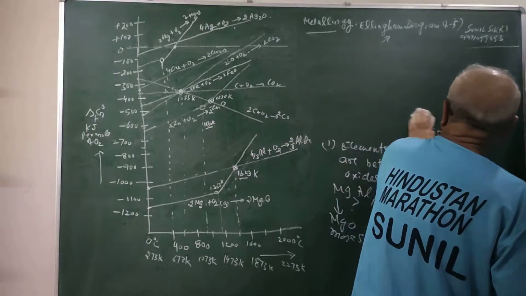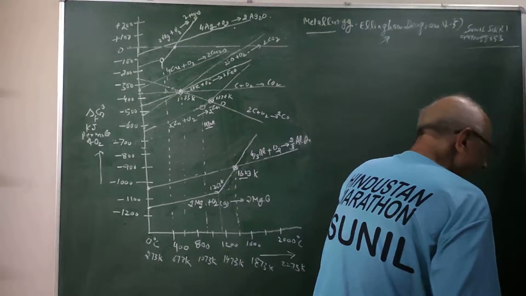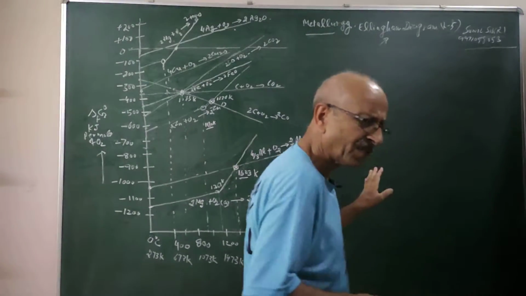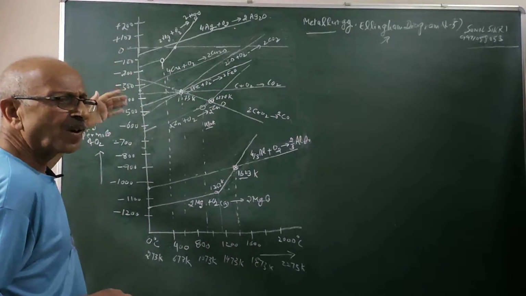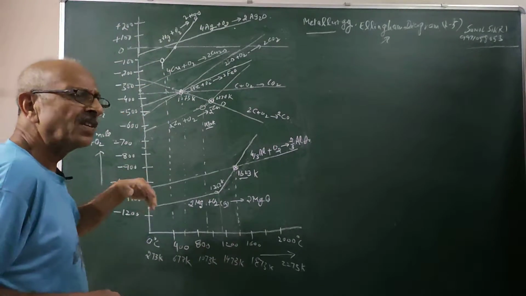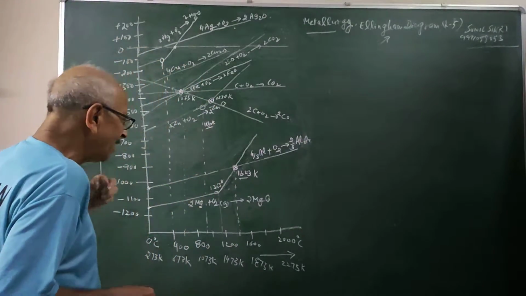But the Ellingham diagram has been drawn for oxides. It can be drawn for sulfides and halides also, which is not of our interest in this lecture. One could draw the delta G zero values for sulfides and halides also, which is of great help in the engineering and metallurgical extraction of elements and many other areas.